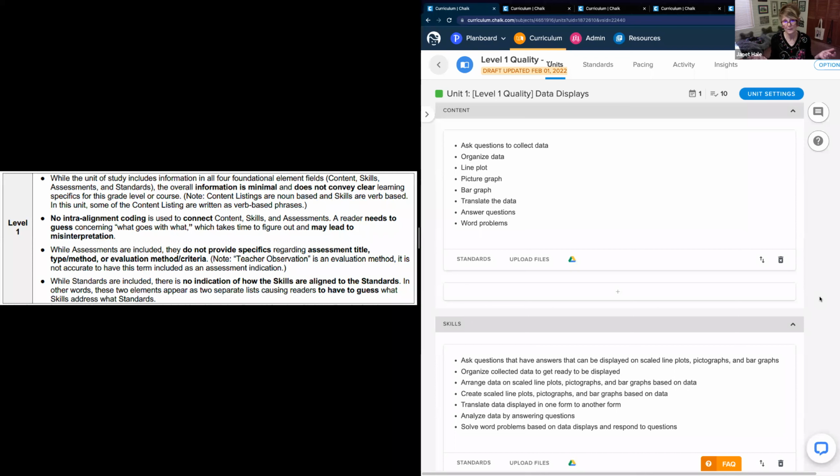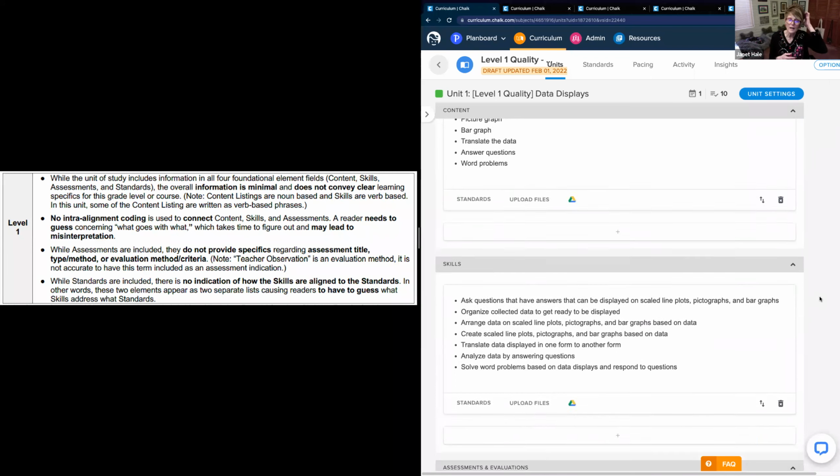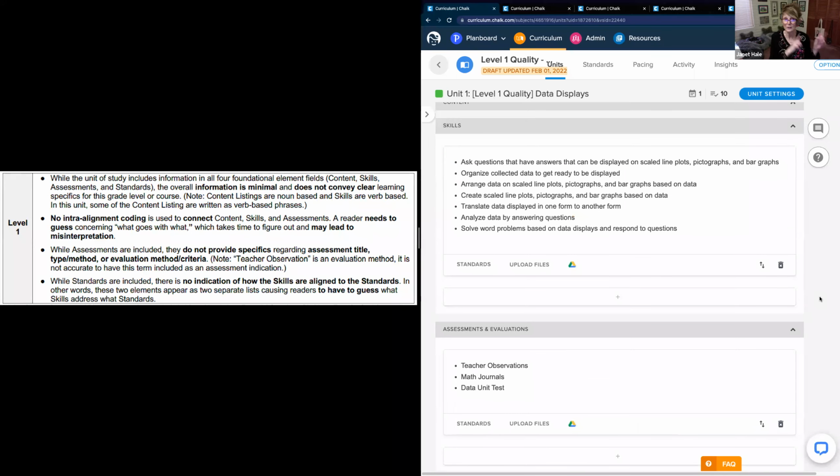And now if you scroll down a little farther, Keenan, you're going to say, all right, great, how about some assessments? Well, the assessments, again, are very broad. And I want to make one little note that I have in my level 1. If teachers haven't had quality assessment training, this is a problem that comes up. Teacher observations are not assessments. That is a form of evaluation. What is the teacher observing? What you're observing would be the actual assessment. So teacher observations tells me that there might be some need for assessment training, and assessment versus evaluation.